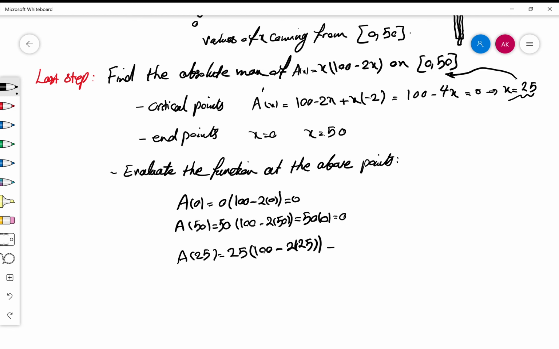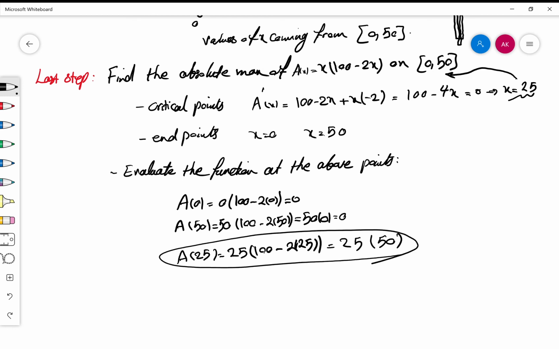And that gives us 25 times 50. And as you can see, this is the max value for A of x. In other words, the max area